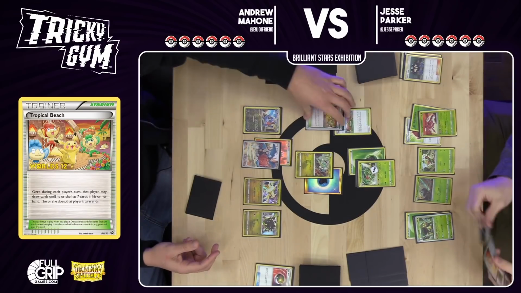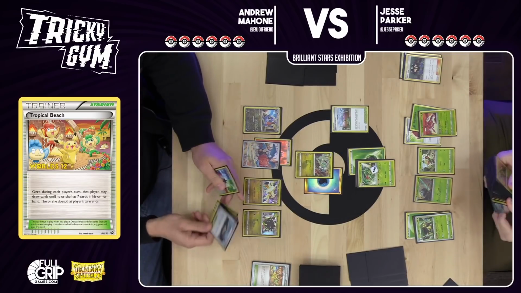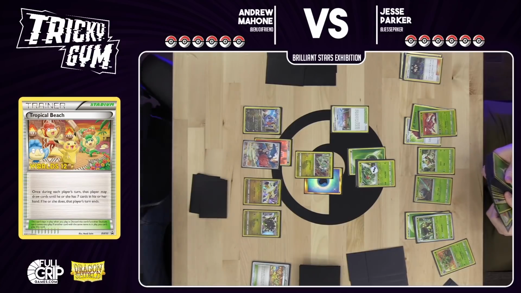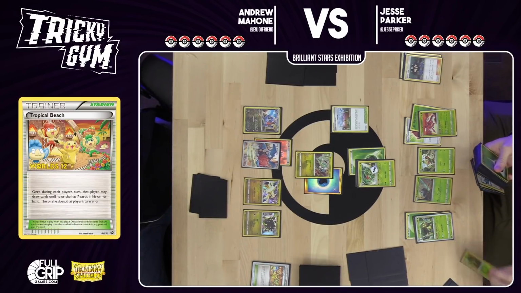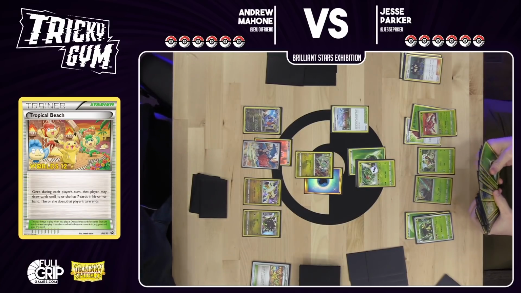Turffield Stadium. Sure. I'm going to Sunshine Grace for a Sceptile. I'm going to Sun-Drenched Shell for a...